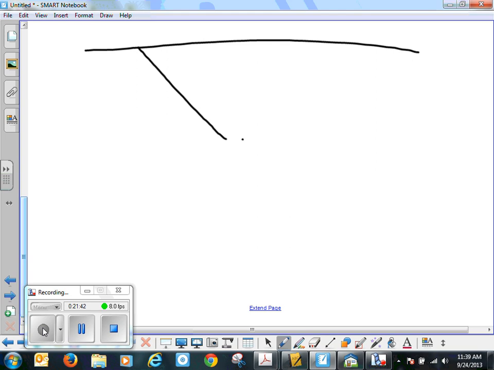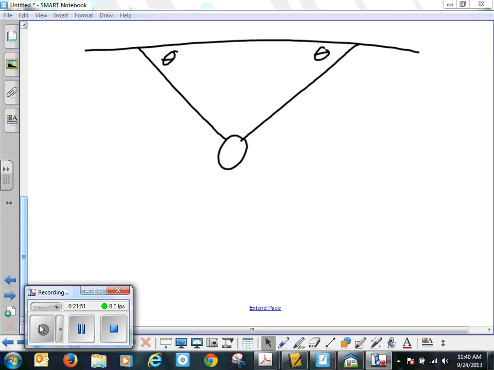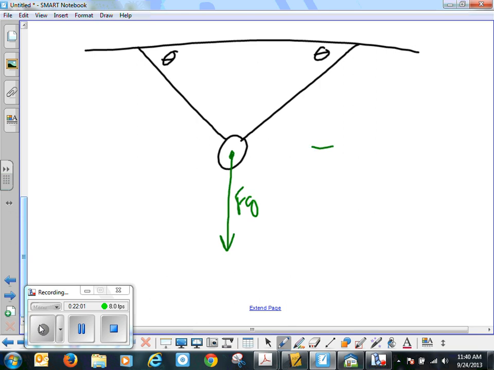Okay, let's have a string here and a string here. We'll call these two angles theta. See if we can do a free body diagram of that. Well, force of gravity, right? Now we have two tensions this time. Let's say that the force of gravity is X. We have one tension in this direction and one tension in this direction. Since these thetas are the same,